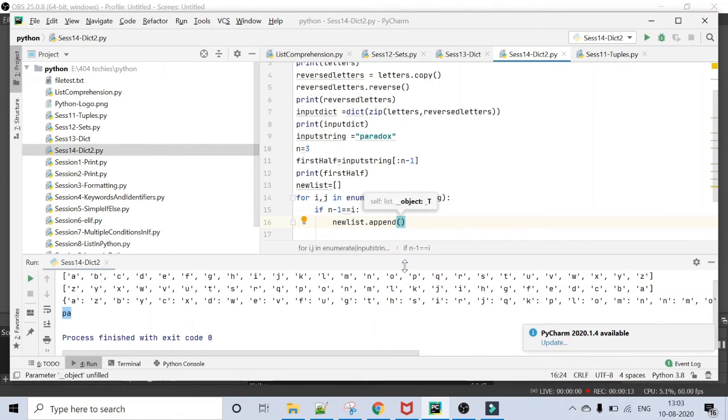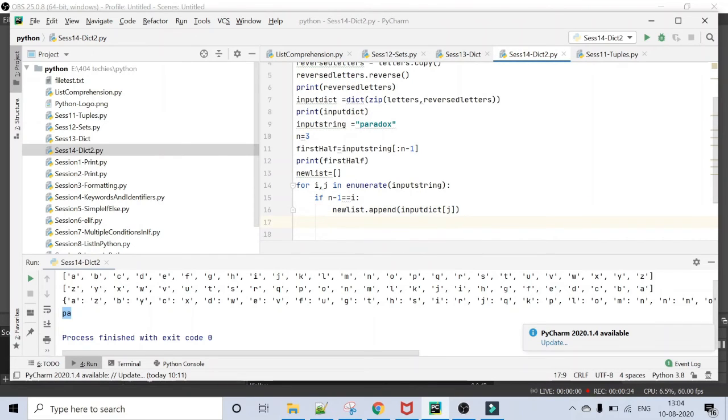The reverse letter is stored in the input dictionary, with j as the key. So we get the corresponding reverse letter for our input string and store it in the new list.